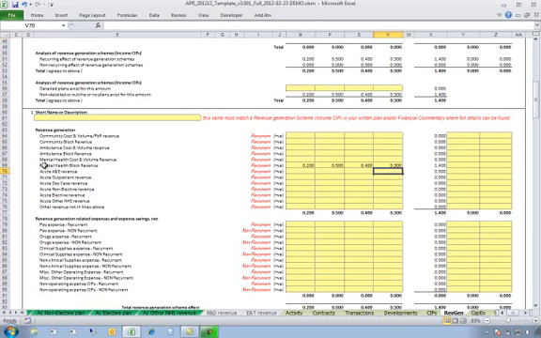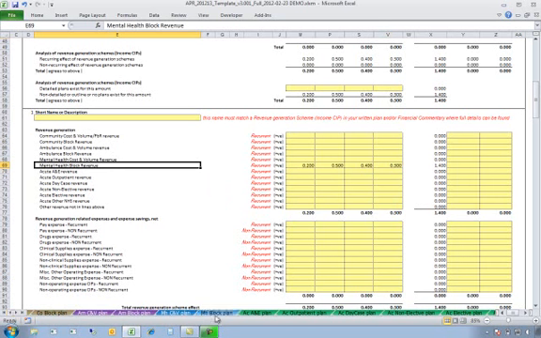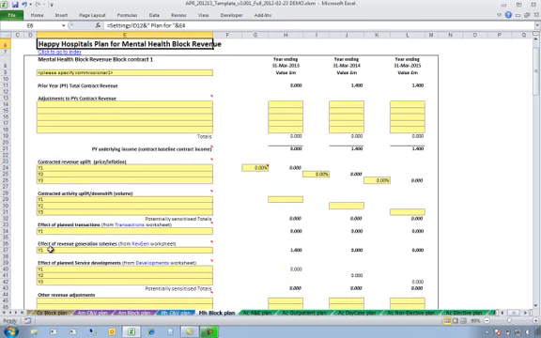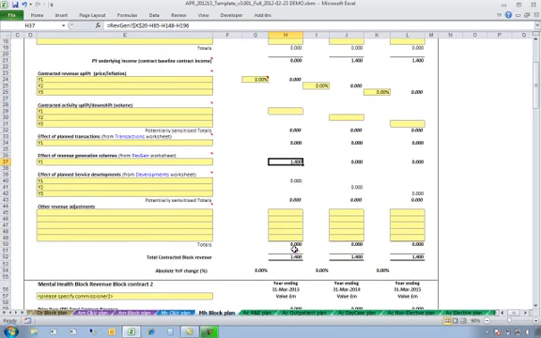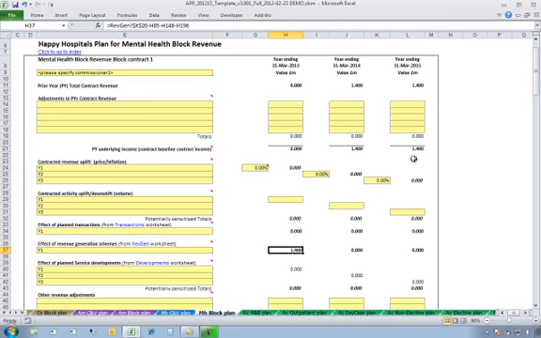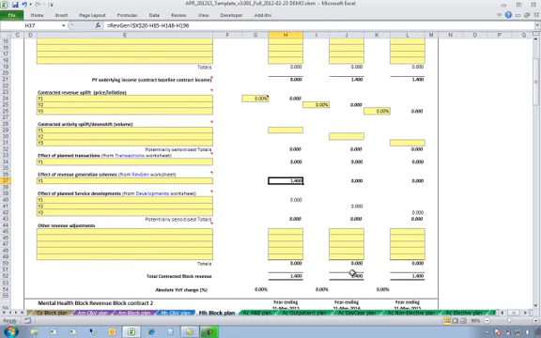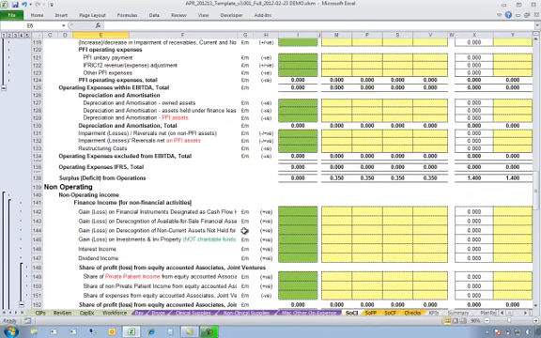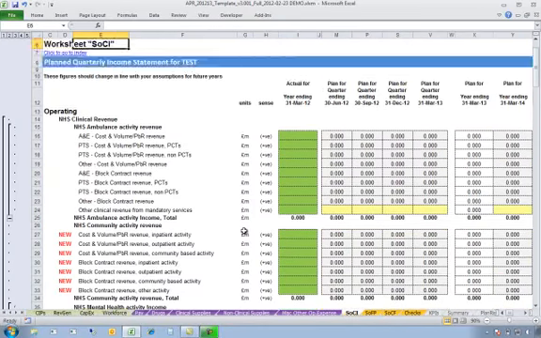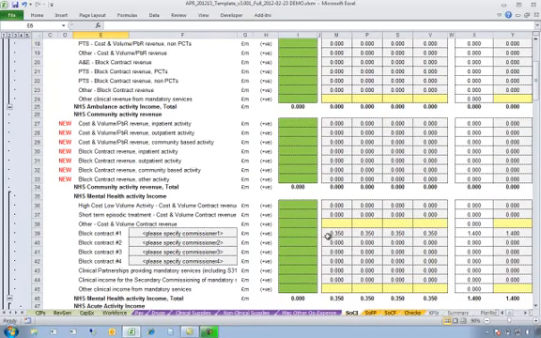And I'll demonstrate that by going to the mental health block revenue, which is where I just happened to enter this. All these are treated in exactly the same way. And within here I will see the effect of revenue generation schemes, 1.4 million of income in the first year, and that acts as a baseline for the second year and third year. So each year's income is increased by 1.4 million, and you can see that even more clearly if we go to the statement of comprehensive income and we look on the line for income from mental health block contracts, and you see that